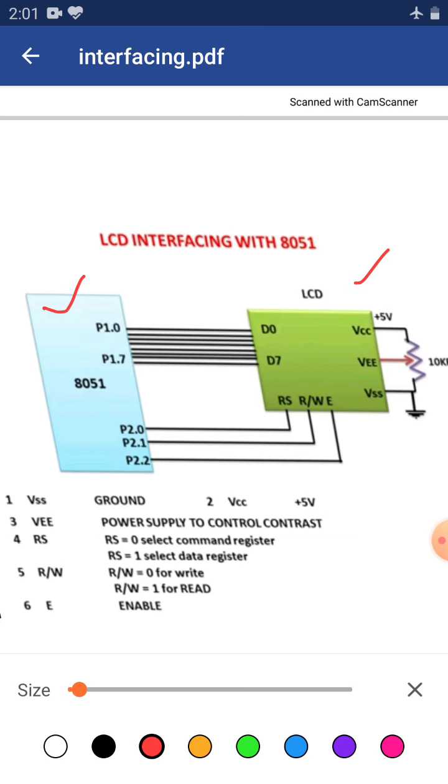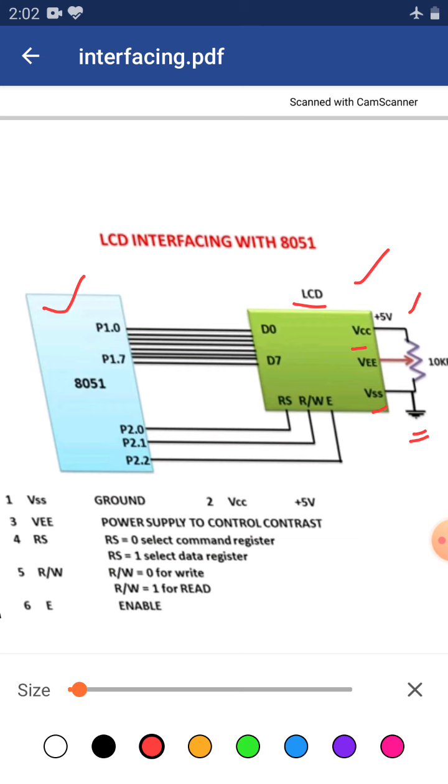First of all, we see pin 1, that is VSS, which is ground. As we already know, an electronic device, here the LCD, needs a bias DC value for its working. So we give a positive value as well as a ground value for its complete connection. Pin number 1 is defined as VSS for ground in the LCD. Similarly, pin number 2 is VCC, which is a DC supply of plus 5 volt.